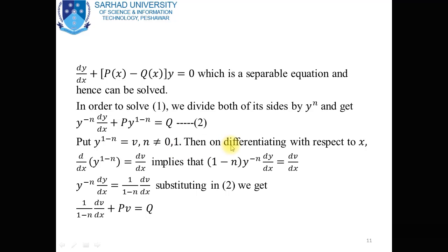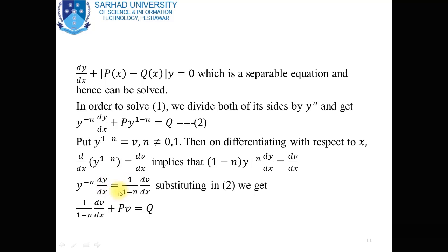Then on differentiating with respect to x, we obtain the derivative of y power 1 minus n is equal to dv by dx, and this implies that by power rule we obtain (1 minus n) y power minus n dy by dx is equal to dv by dx. So y power minus n dy by dx is equal to 1 over (1 minus n) dv by dx, and